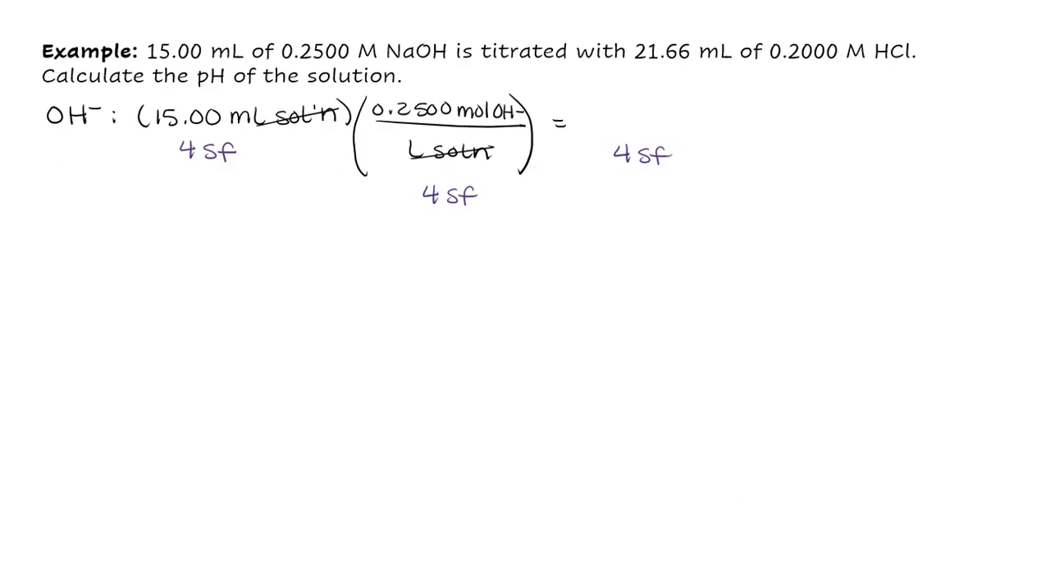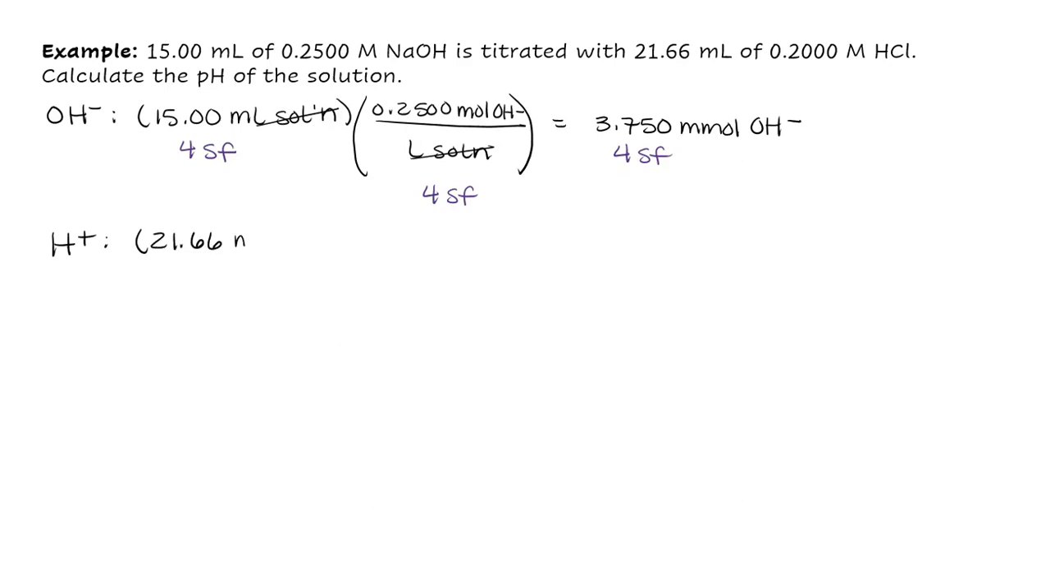Doing the math, 15.00 times 0.2500 gives us 3.750 millimoles of OH minus. For our H plus, we have